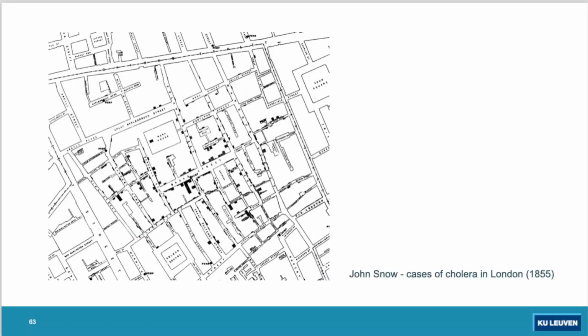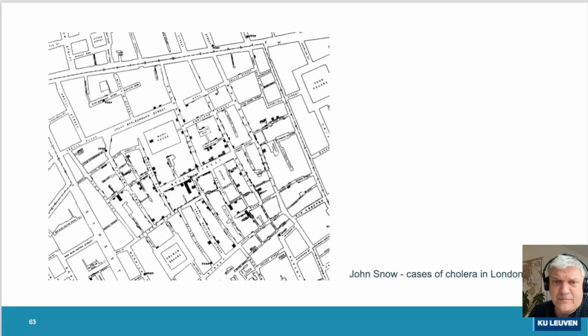This is a plot by John Snow looking at cholera. The problem is that at that point in time, they did not know yet what caused cholera. Would it have something to do with miasmas that ooze from someone, or is it in the air? They had no idea. So what John Snow did is the actual first epidemiological research,